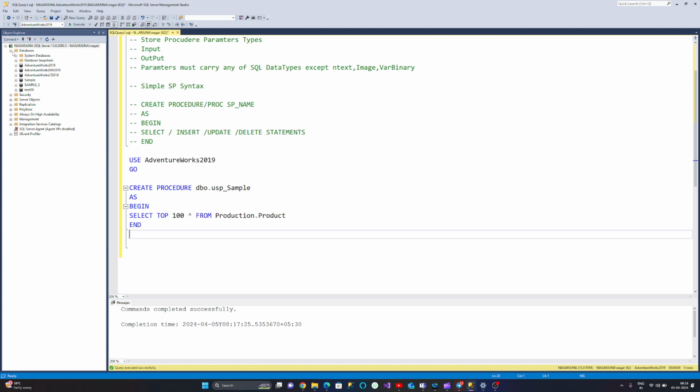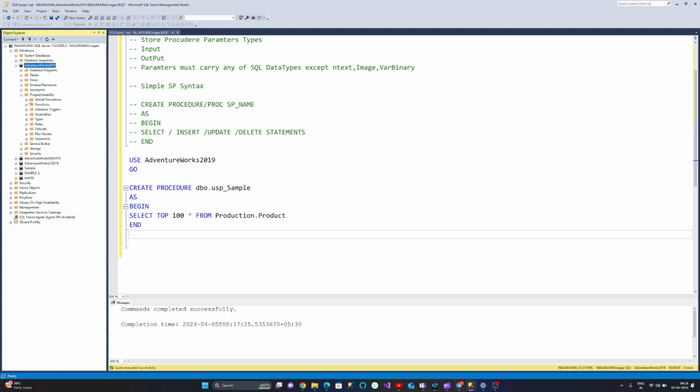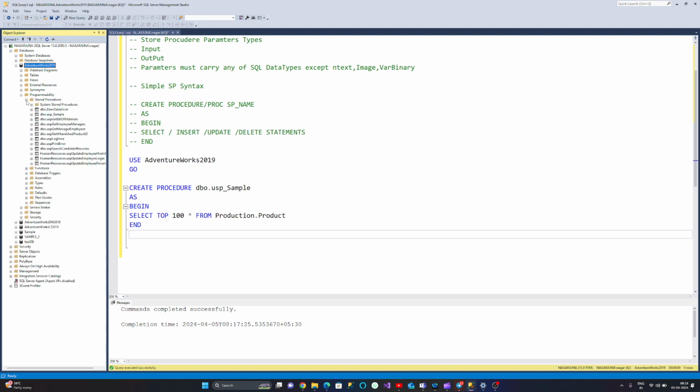Where can we see it? Go to Databases, AdventureWorks, Programmability, and Stored Procedures. Did you see here? See, my example came, or not? I mean, whatever I created, right? So suppose if you want to execute a stored procedure,